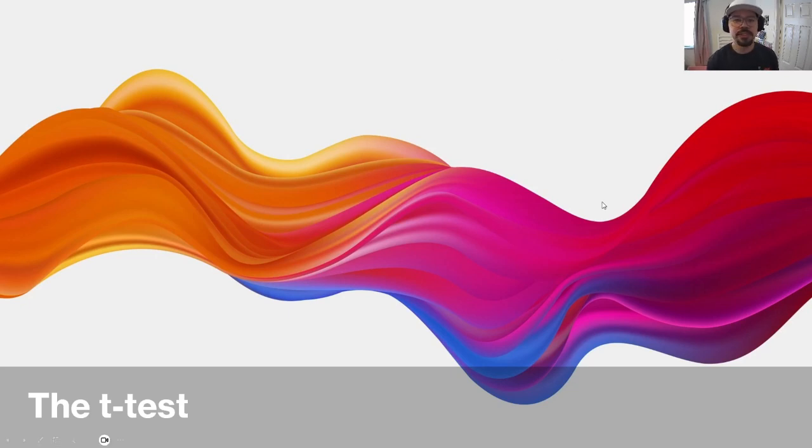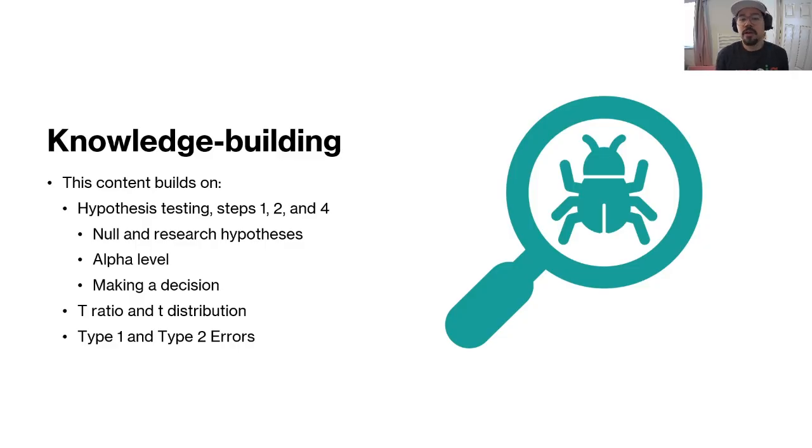So, this presentation is to introduce you to our first statistical test for inferential statistics, rather. I mean, we've done some central tendency up until now, but now we're focused on some inferential statistics, and the t-test is our first one. So as far as knowledge building and what this presentation is going to introduce you to, we're